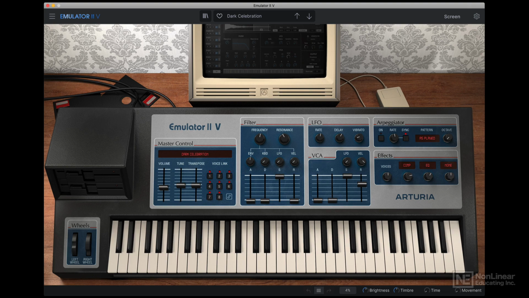The main panel of the virtual emulator consists of 7 different sections or modules: the master control, the filter, LFO or low frequency oscillator, VCA or voltage controlled amplifier, the arpeggiator, effects, and lastly, the wheels. Now, I'm going to go over each of these sections in more detail in the following videos,